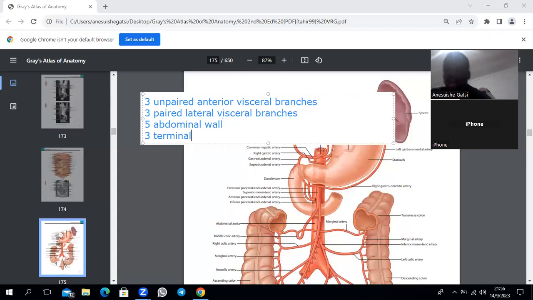That median sacral artery, for the purposes of pelvis, will also supply the bladder for females. Because females don't really have some of the vesical arteries, they are replaced by the vaginal artery. So you need extra blood for the bladder. Right. So there are 3 terminal branches. Right. So after having this kind of a picture,